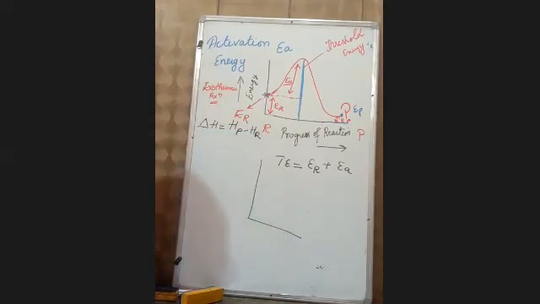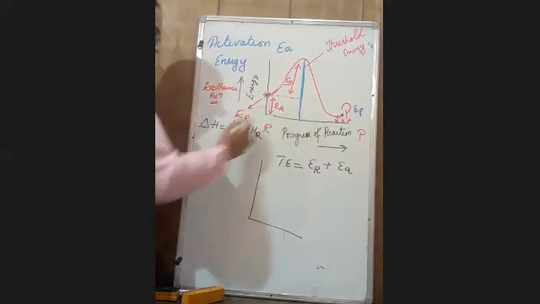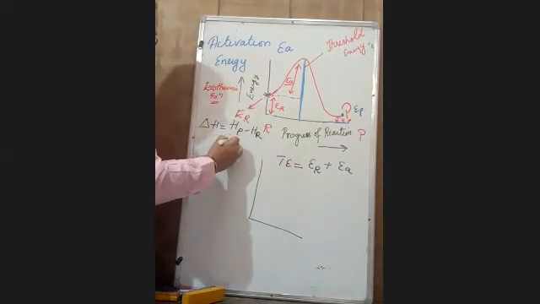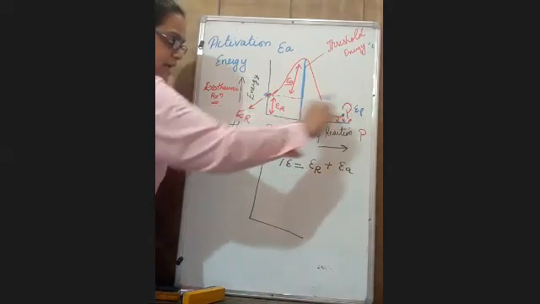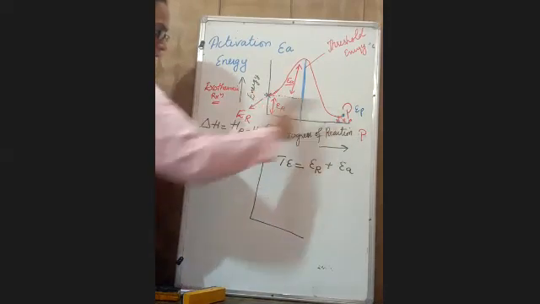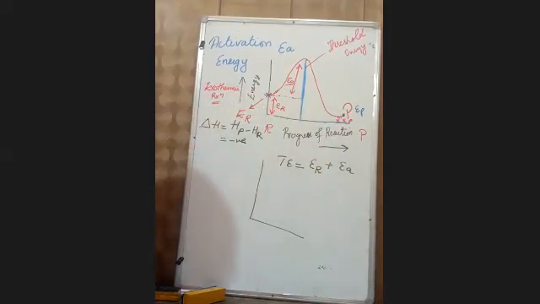Enthalpy means heat content of the system. It should be calculated per mole. So HP minus HR, it comes out to be what? Negative. Because this amount is less than this amount. Energy of reactant is more than the product. So delta H